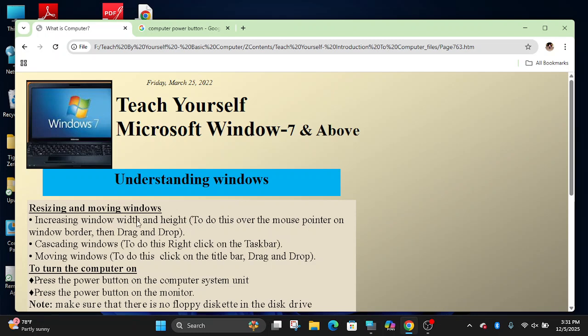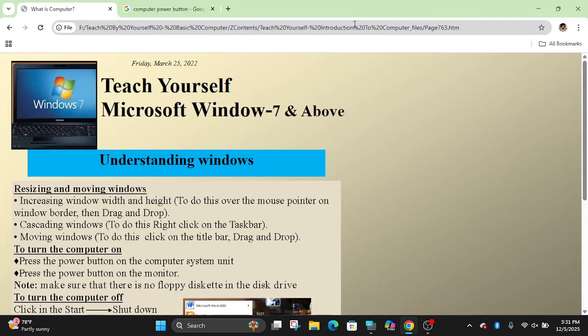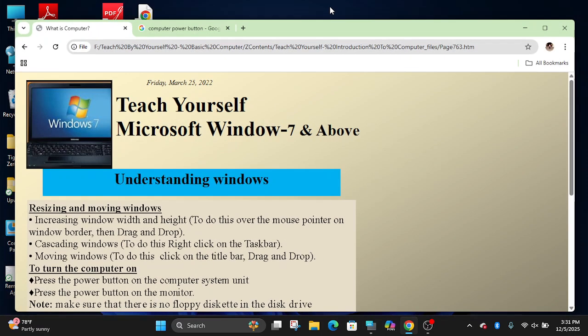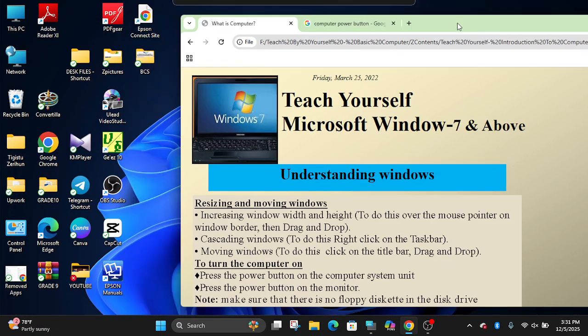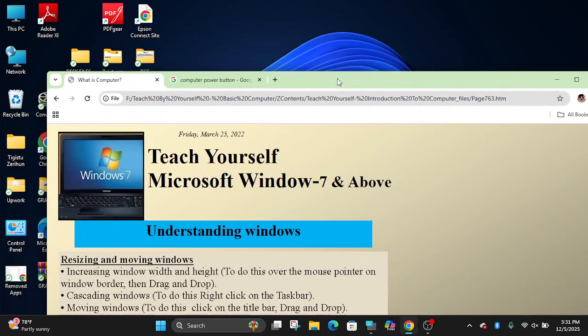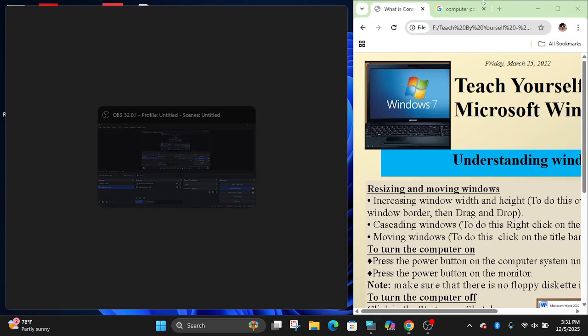It's possible to increase or decrease the width and height like this, and you can also use title bar double click. Then you can restore and move the window by holding the title bar, and we can move it like this to any place.